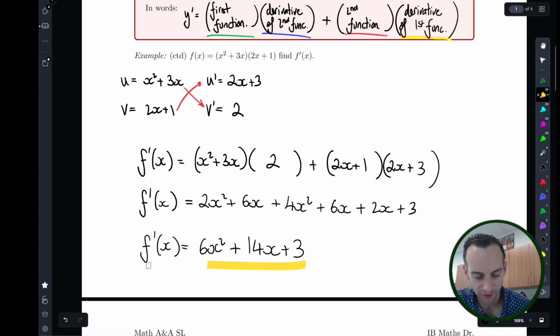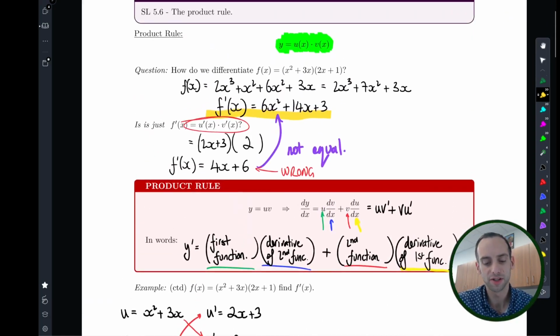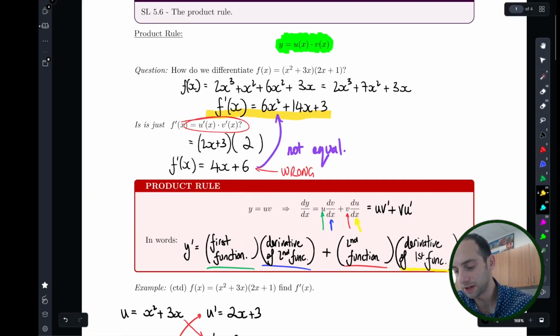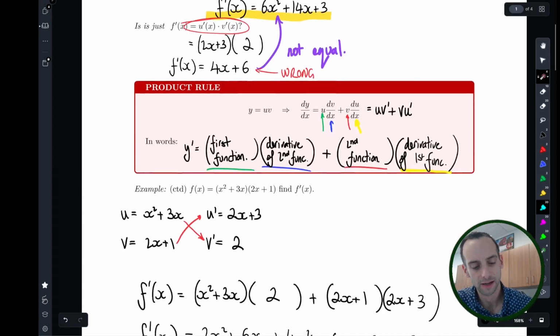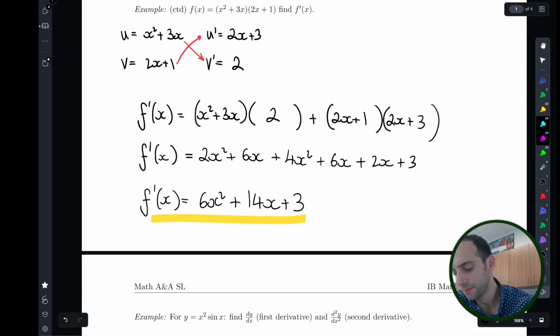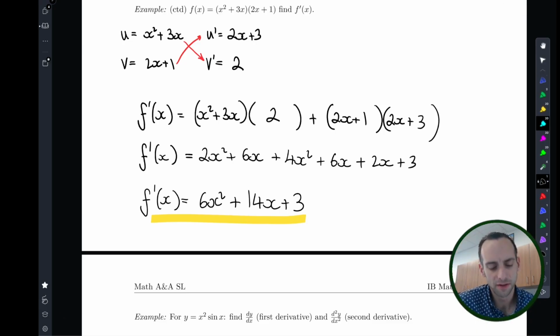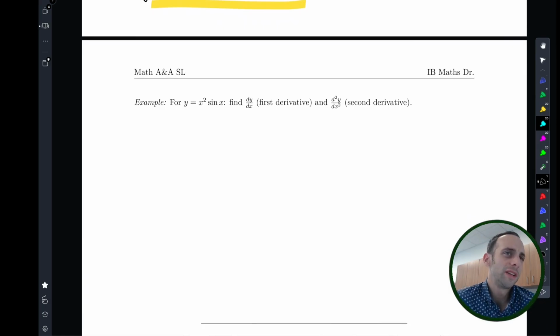And while this does not constitute a full mathematical proof, it's pretty good evidence that we get the same result as we did earlier when we talked about multiplying that out and just applying the power rule. So we can see the same result right here using the multiplying out method as we do using the power rule. Now this example doesn't really show the advantage or the power, I guess, of the product rule. The product rule is really used for functions where you can't multiply out and you can't just apply that straightforward power rule. So when you start getting mixtures of different families of functions, so something such as x squared sine